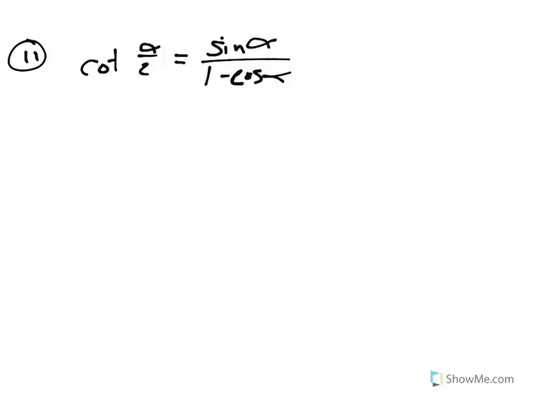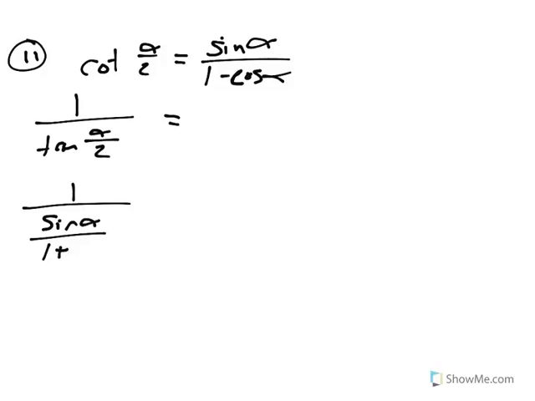Currently, the right side I wouldn't know what I would do with. So let's start with the left. We don't have a half angle identity for cotangent, but we do for tangent. So I'm going to make this 1 divided by tangent of alpha over 2. Half angle identity for tangent would be sine of alpha over 1 plus cosine of alpha. And then if you have 1 divided by a fraction, that's equivalent to 1 times the reciprocal of that, which